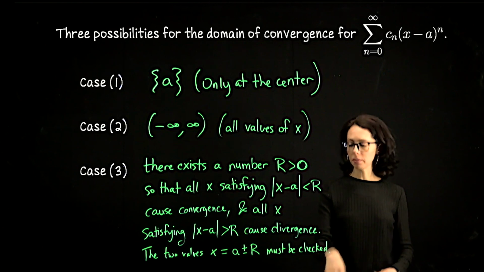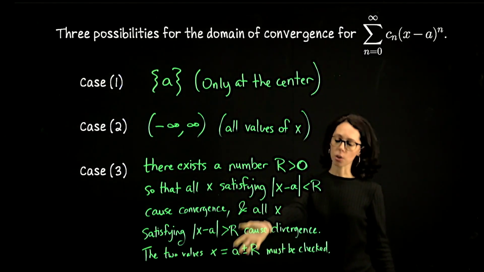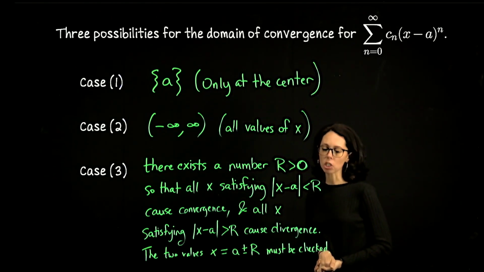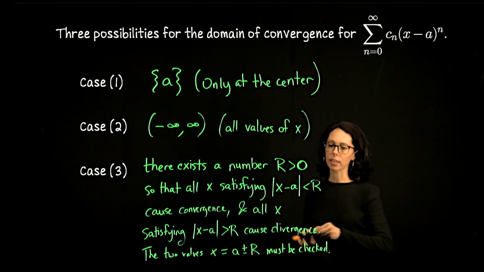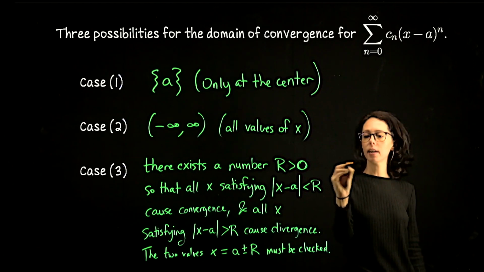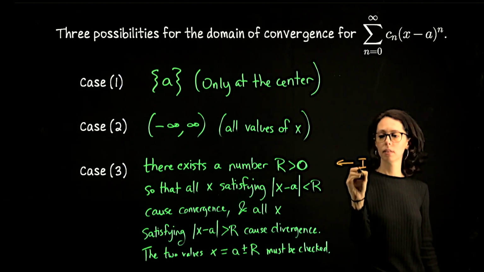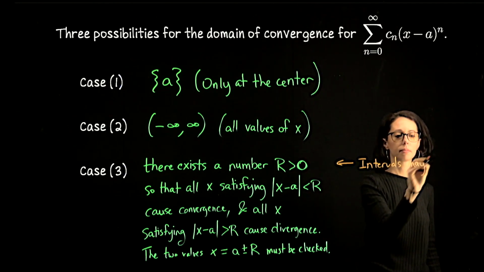In the last example, neither of them converge, but it's possible that one of the two will cause convergence or maybe both cause convergence. You just check them manually. So let me write out the possible intervals of convergence that you could get for this third case. Here it's easy. It's just a single point and the whole real line. Here, the possible intervals may look like